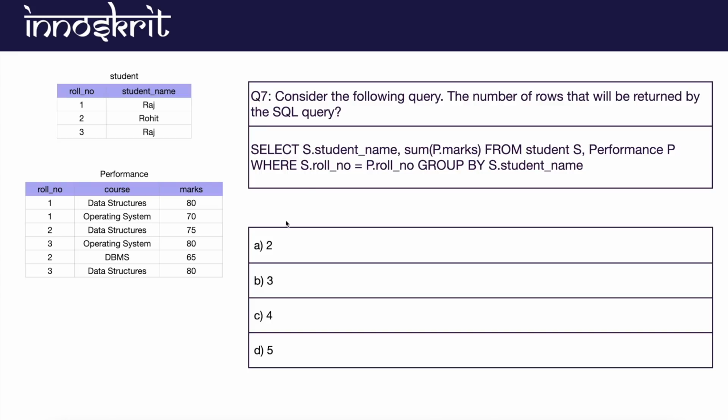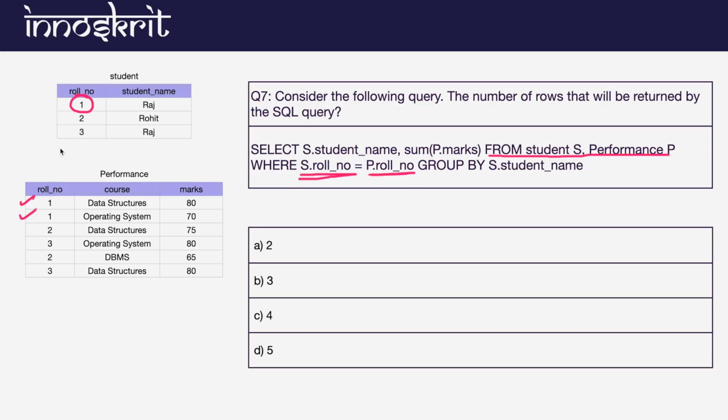Now basically this query is performing the group by operation, and it is selecting data from multiple tables, right? So first of all we will execute this from clause. This from clause is trying to combine the student and performance tables, on the basis of the data where the roll number of S is equal to the roll number of P, right? So first of all take this row and try to match this. So these 2 rows are matching. The roll number of student class 1 is equal to the performance in these 2 rows, right?